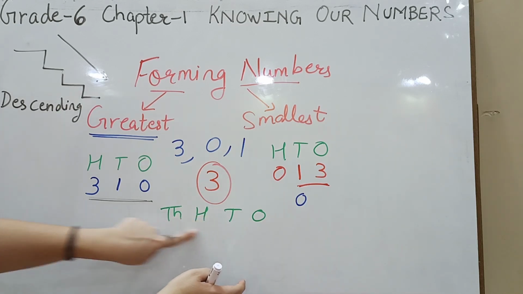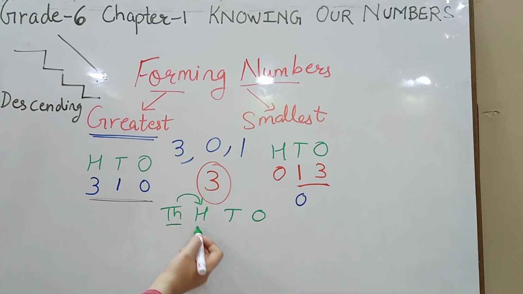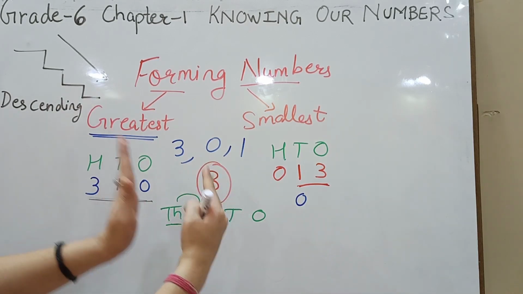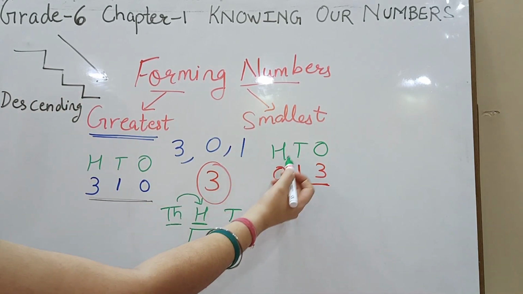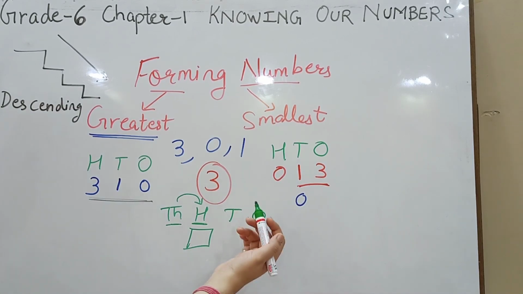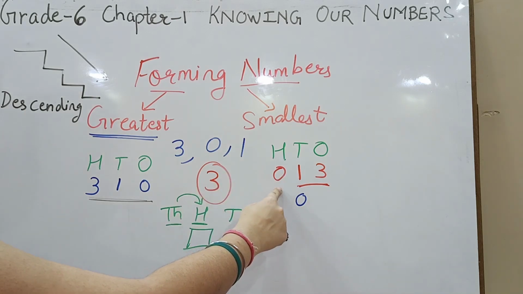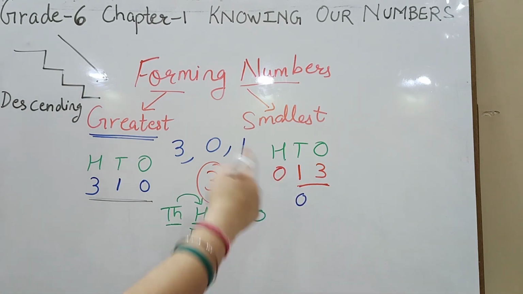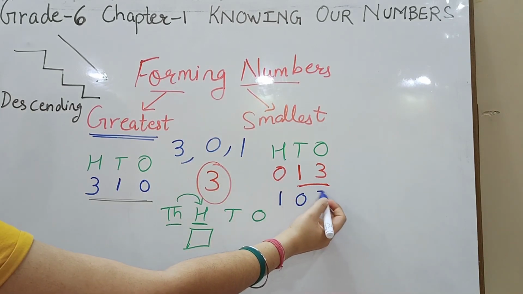When we talk about the smallest 4-digit number, the place that is one less than your highest place, that is hundreds, we are going to fix our 0 there. So whenever we are talking about the smallest number, we are going to fix the 0 at the place which is 1 less than the greatest place value. Always remember this. Now I have to make a 3-digit number, so where did I place the 0? At the 10's place. Once I am making it a 3-digit number, now I have to see which is the smallest among the others: 1, and the next will be 3.